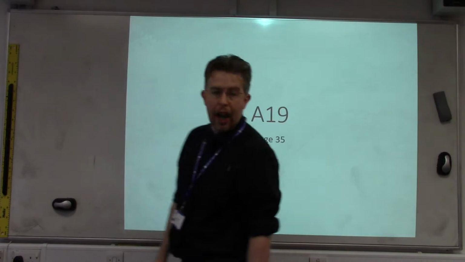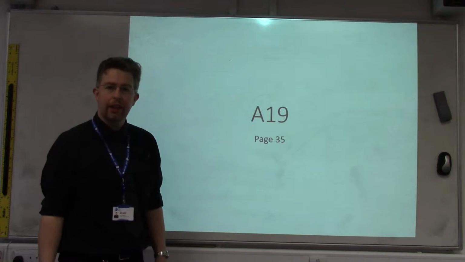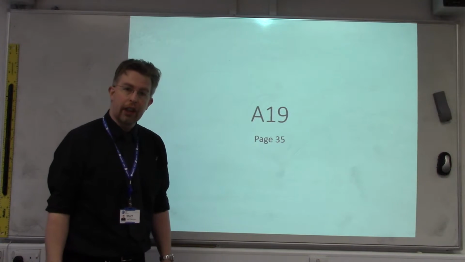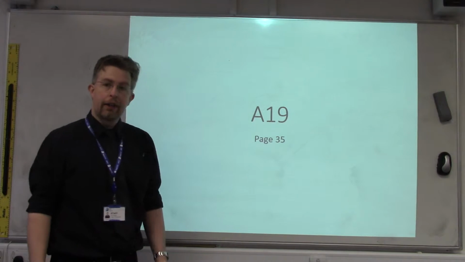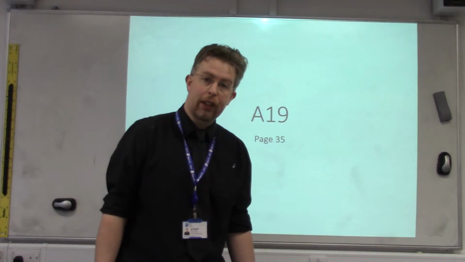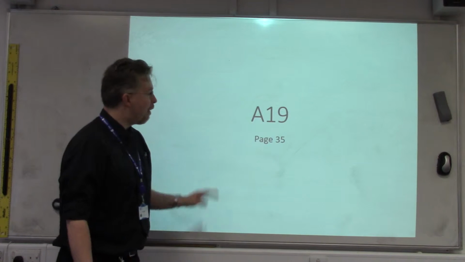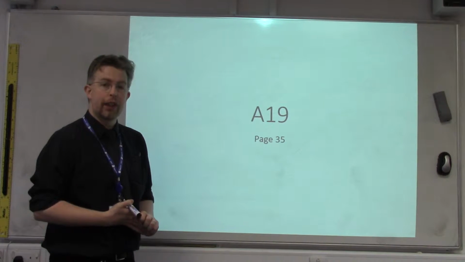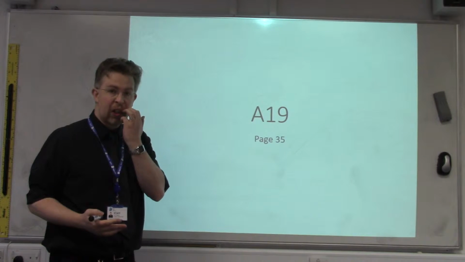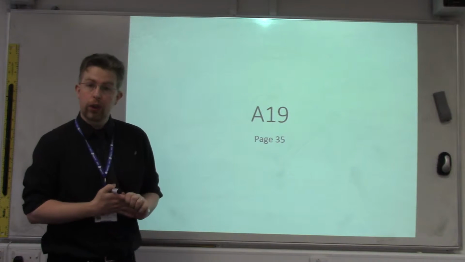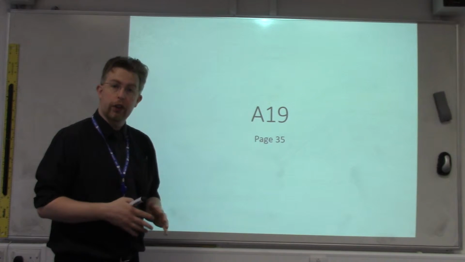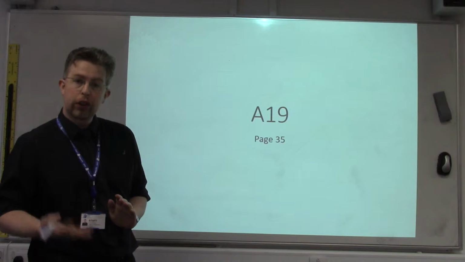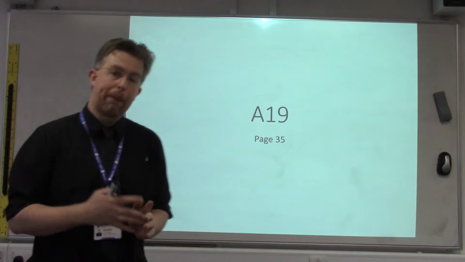This is section A19 of the BTEC Engineering Unit 7. We're on page 35 of the section A examples booklet. Now this follows on from the previous immediate sections. However, we are now moving into functions that are much more difficult to differentiate, and we have to use certain rules. This one will use what's called the product rule for multiplying products of functions. So as we move on towards A24, the functions we're differentiating are going to be much more complex and require